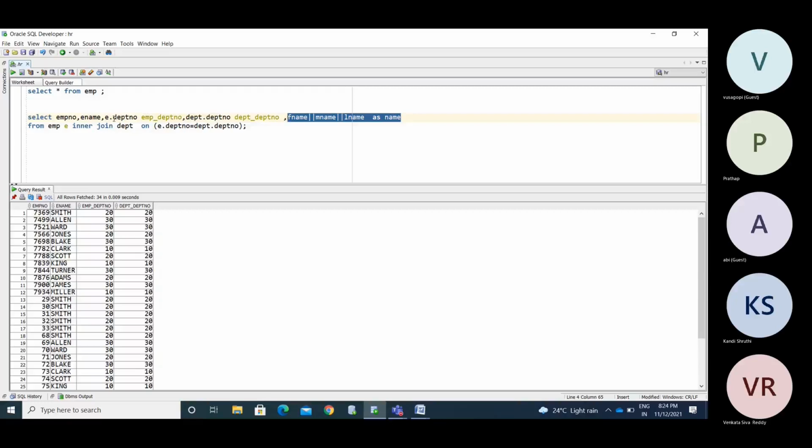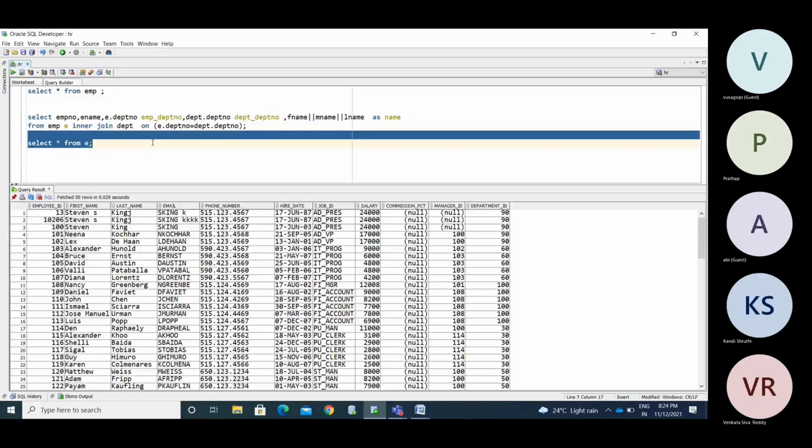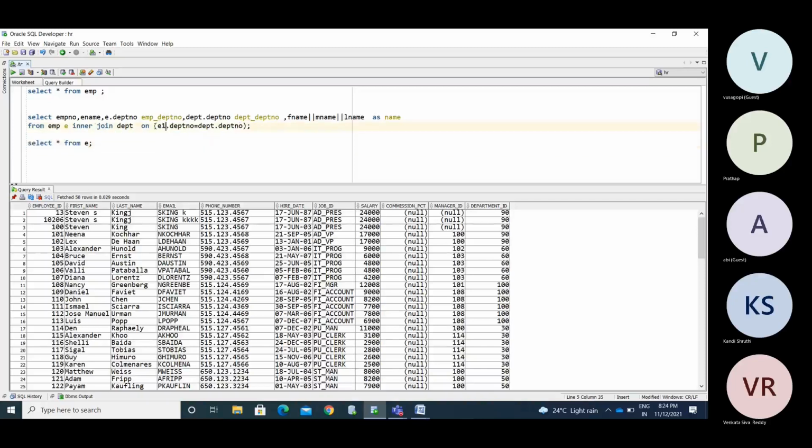Now you are giving the reference like E dot department number. If I select the data, SELECT * FROM, there is a table here. Treat this as E1.